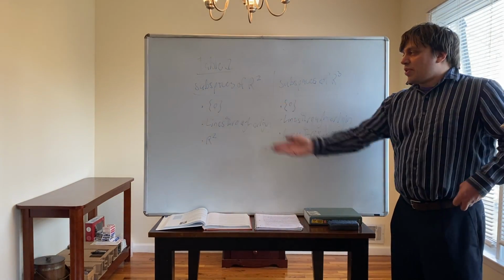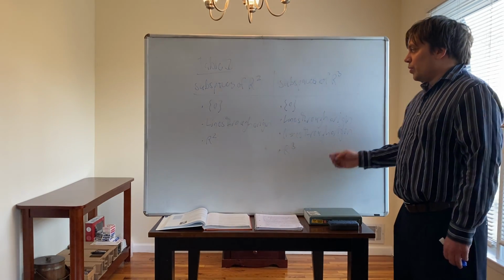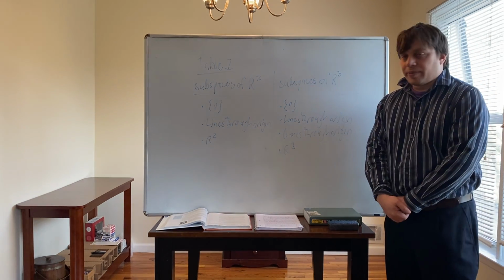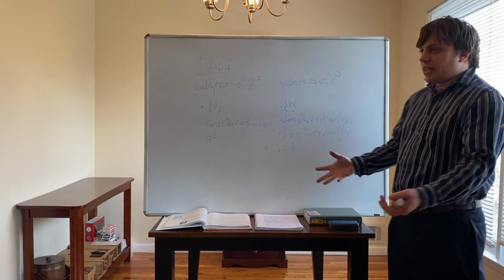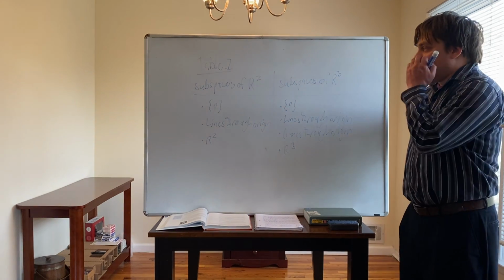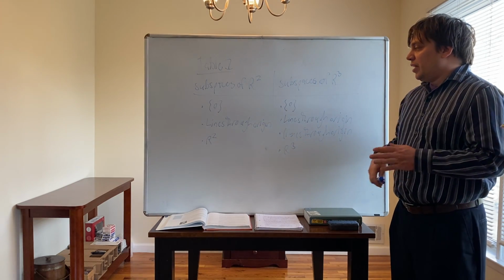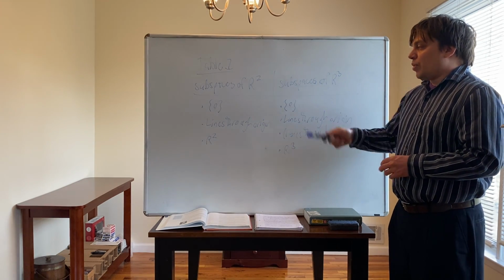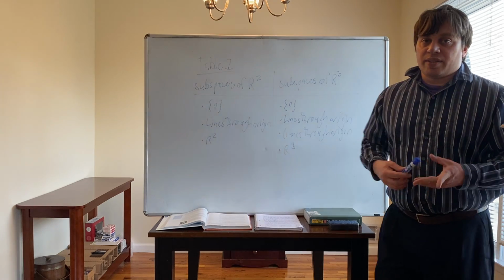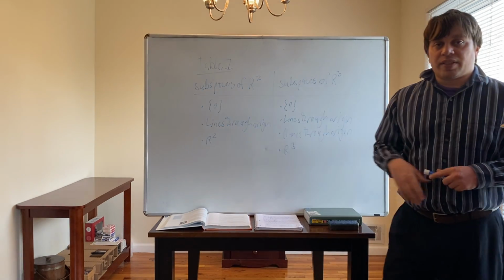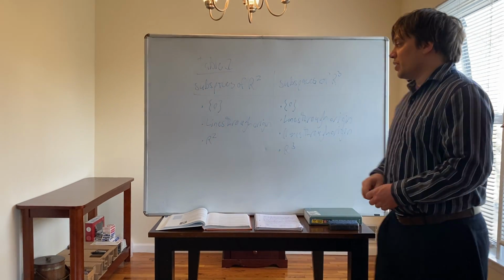Okay, so we have subspaces of R2 and all the subspaces of R3. Okay, so if you're looking at a geometric object as a subset of R2 or R3, if it's not one of the ones in this list, then it's not a subspace. If it is something on this list, then it is a subspace. So for instance,